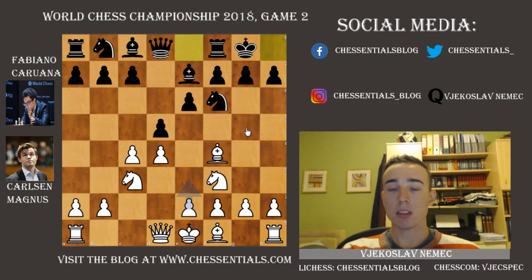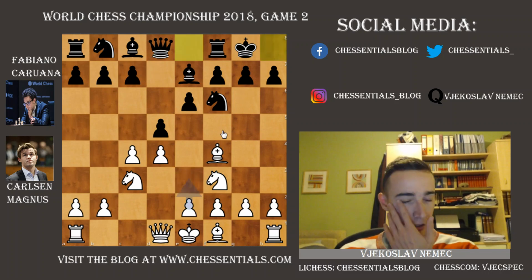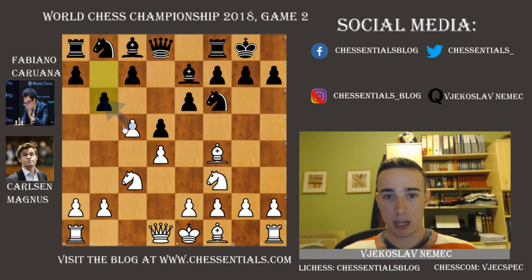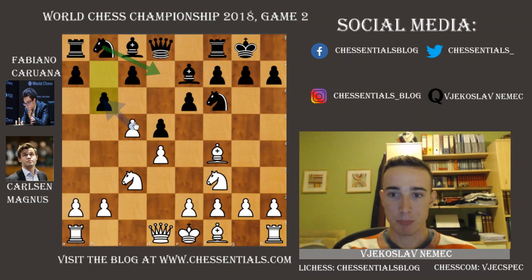So, castle, e3, this is the main line. The one question that you might ask is why doesn't white push c5 here? Well, in that case, black can immediately counter with b6, and now white can't push c6 because black can simply take. In the line with the knight on d7, then c6 is an option,